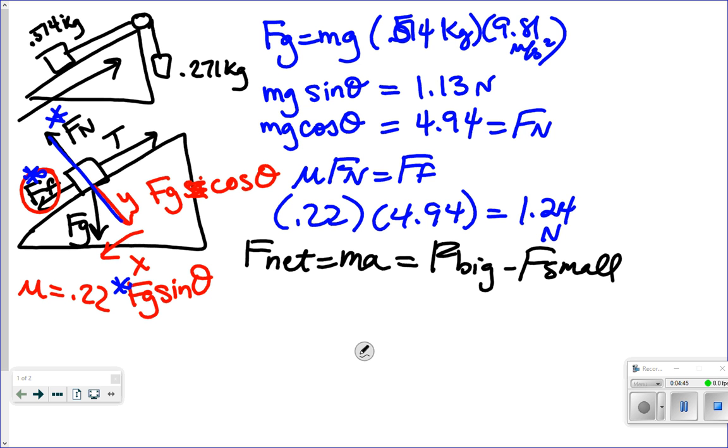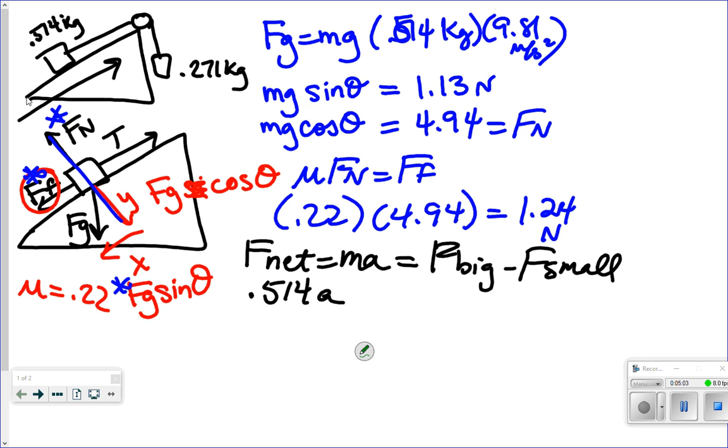The question then really goes to what the heck are we talking about, bigger and smaller? So let's start with the left side of the equation, 0.514a. I don't know A, and you also notice I don't know tension. But when we look at our inclined plane,